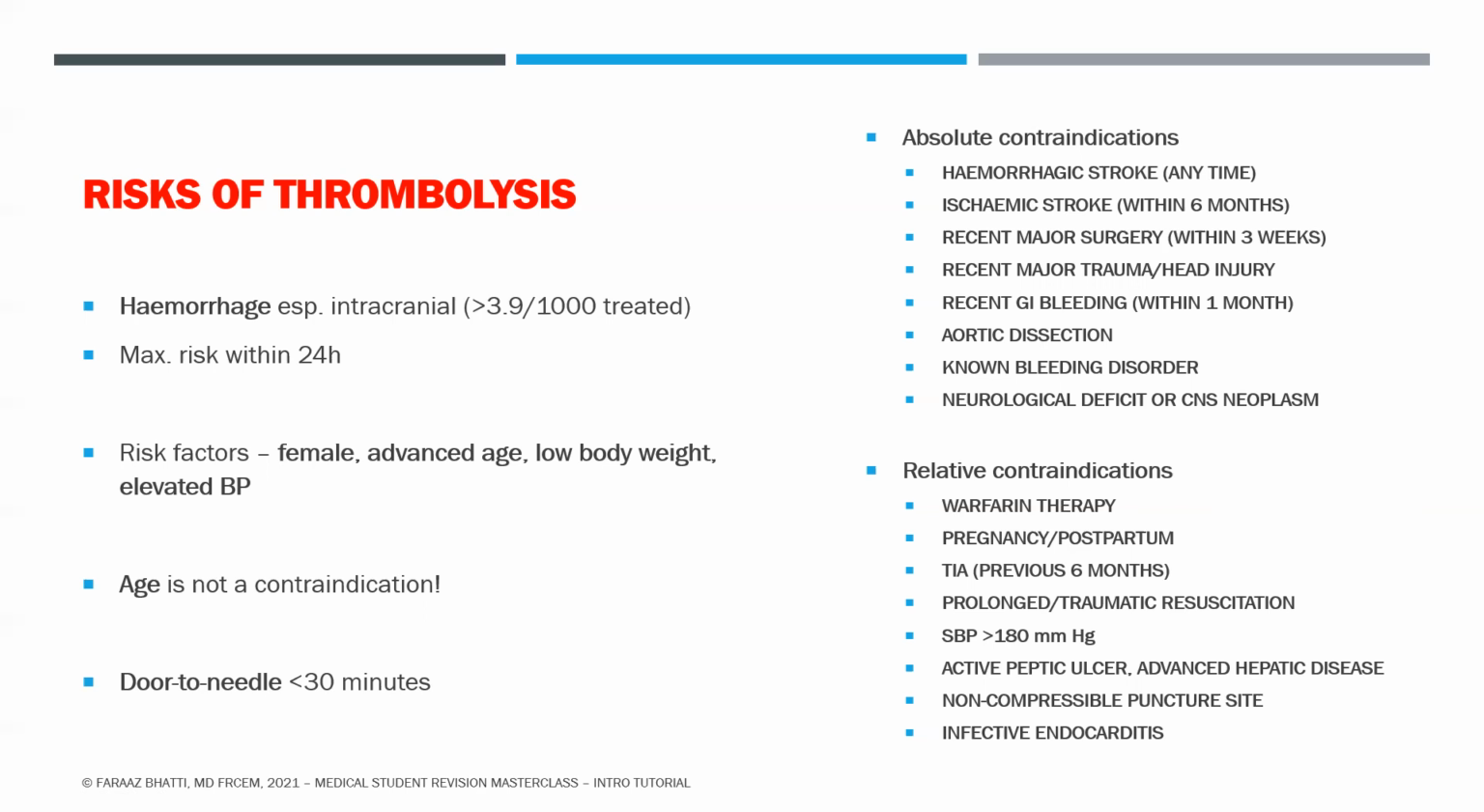You do need to know about the absolute contraindications to thrombolysis, and these include a hemorrhagic stroke, and that's any history of a hemorrhagic stroke at any time in a patient's life, ischemic stroke within 6 months, surgery which has occurred within 3 weeks, recent major trauma or head injury, GI bleeding within the past month, a patient has an aortic dissection, a known bleeding disorder, or a neurological deficit